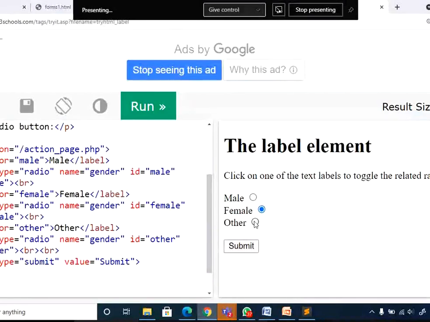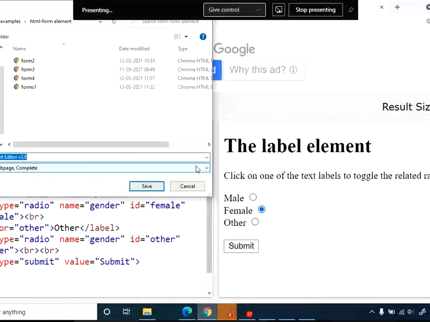So this is, you already know, name and so on. Just save it. You can use this online compiler; the W3C editor also can be used if you want to work online. Now I will run the code. Can you see? It is not selecting. When I click on the label, there is no change in the input type.